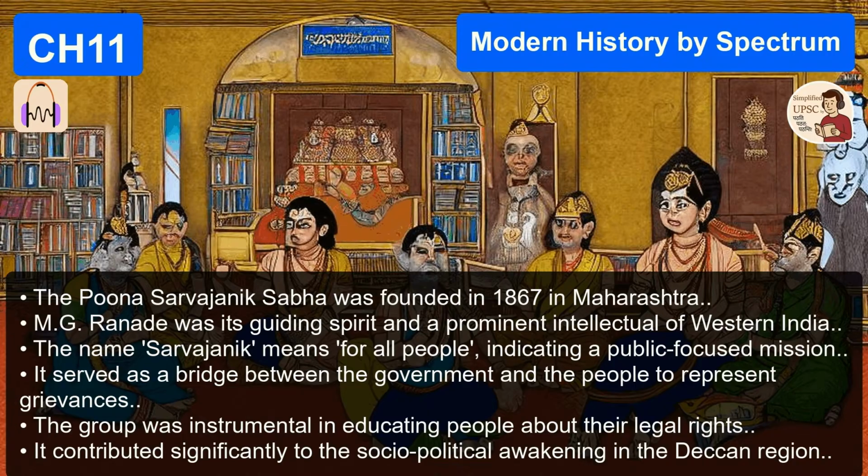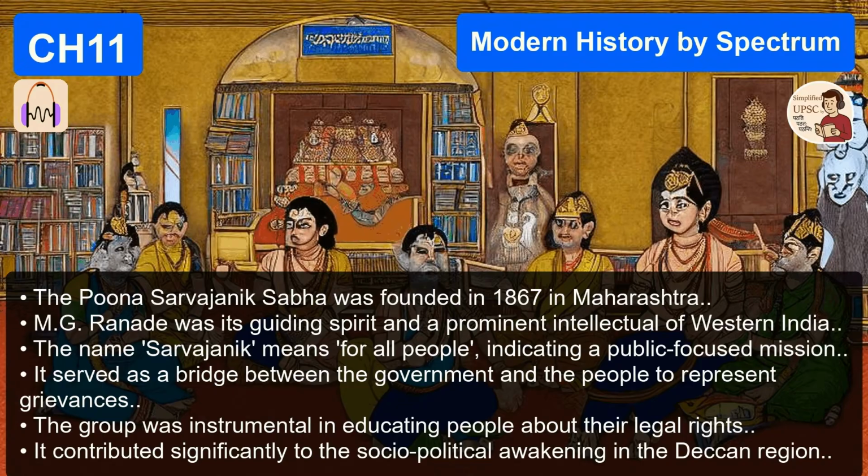This is where we have to stop and really unpack this, because on the surface, it makes absolutely zero sense. Why would a member of the ruling British establishment spend his retirement helping to organize the political resistance against that very establishment? It is the million-dollar question of modern Indian history, and it has sparked decades of intense historical debate.